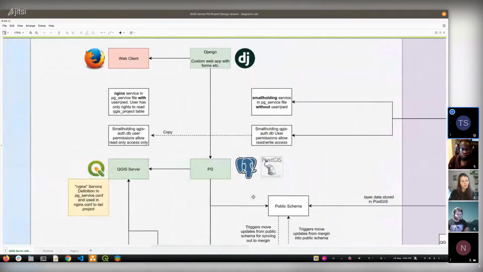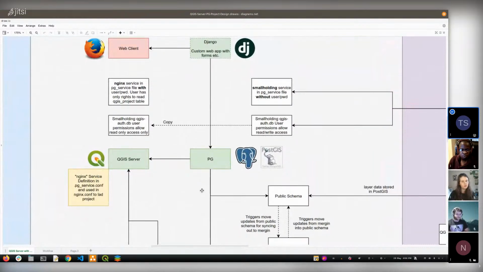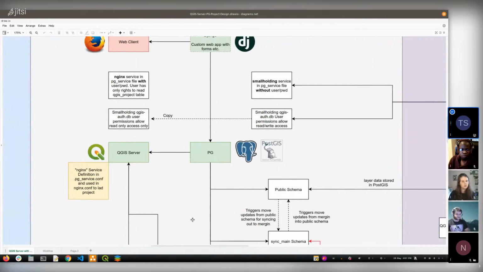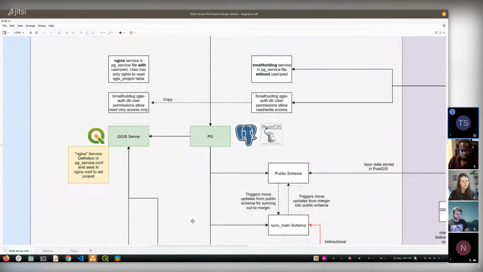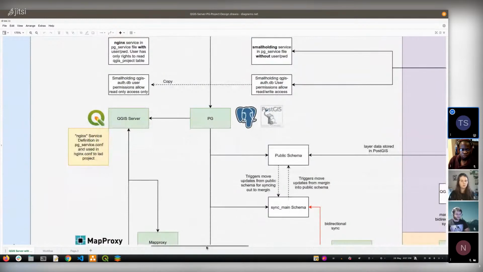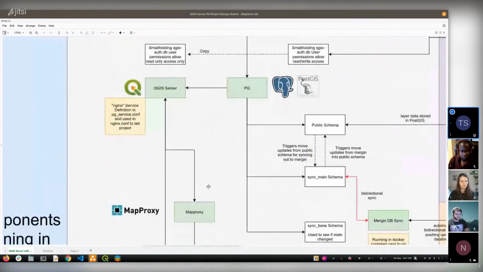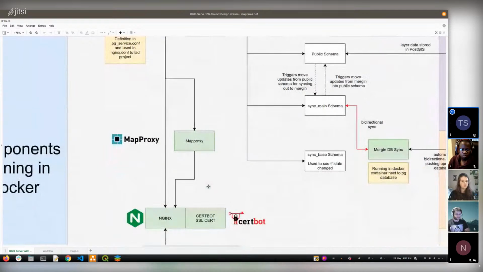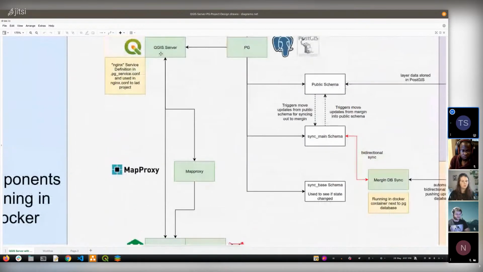But basically, once the data is in Postgres, then you can use other applications on top of it, for example, Django or GeoServer or QGIS Server, to then publish the data out onto the web. It might be privately in your intranet or to the broader internet. And if you're publishing with QGIS Server, you probably want to put MapProxy in front of your layers if they're going to be heavily trafficked